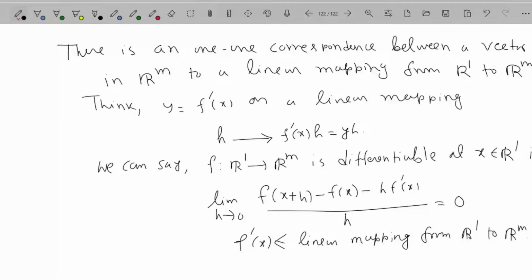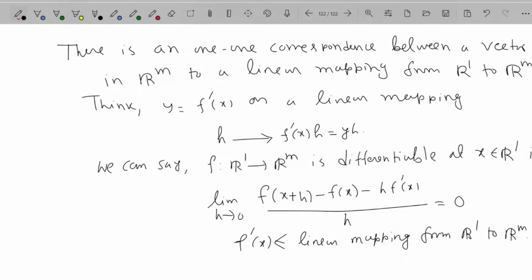Okay, if you have a doubt, you can ask me directly. Yeah, f dash is the derivative of the function at that point x. No, a function is differentiable at a point, and f dash x is the derivative of the function at that